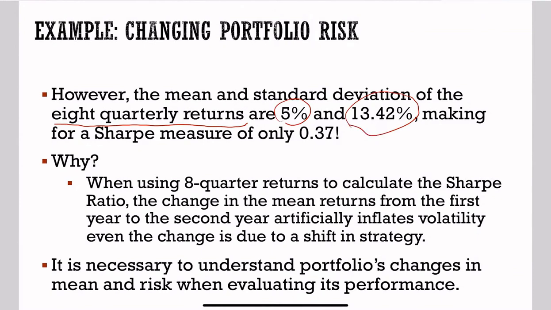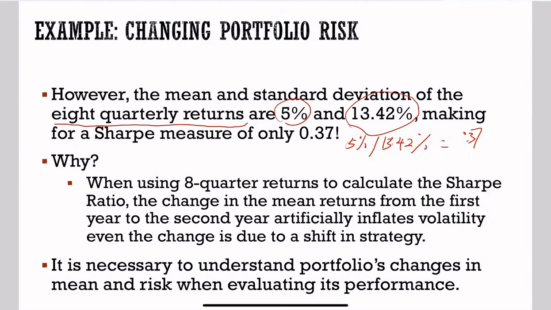Now if you calculate the Sharpe ratio, 5% divided by 13.42%, you have a Sharpe ratio of only 0.37. So this is pretty